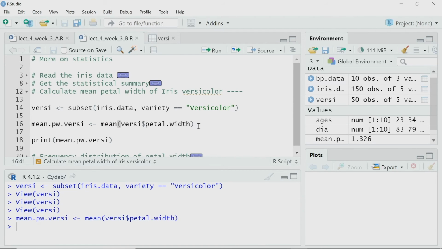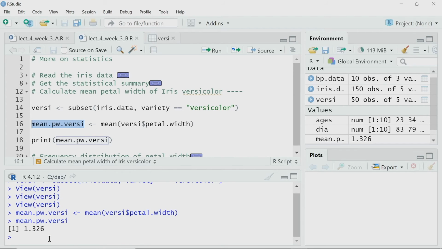Yes, it has calculated, and that means I have assigned it as mean.PW.versi. So, let me check what the value of mean.PW.versi will be. The value is 1.326. The last thing that I want to discuss in this video is that apart from this